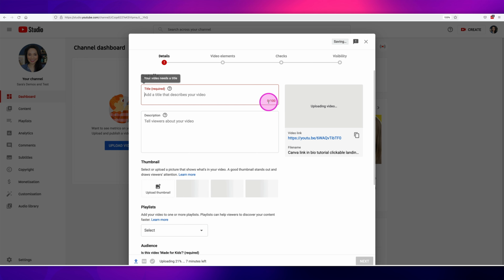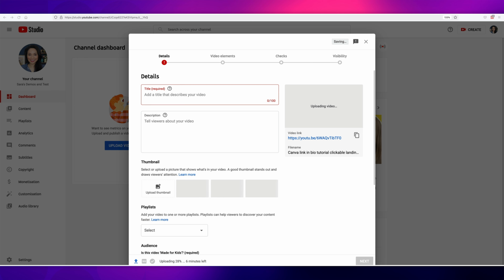And after 70 characters, you'll see that within the search results within both YouTube and Google that it will be shortened. It will still exist, but it will be cut off. I highly recommend that you use all 100 characters, including spaces. And the format of the title, typically what you want to have in here is your keyword, plus you want to make it enticing for people to want to click on your video.